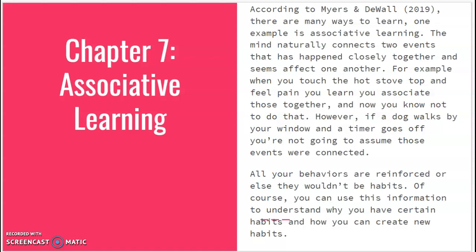Of course, this doesn't apply for 2 random events happening at once, like a dog walking by your window and your alarm clock going off. You're not going to associate that well. This is cool for everyday life because you can learn why your behaviors are like that, and you can change them and put new ones in if you learn to associate stuff with different things. Like right after lunch, you're going to go for a run. You can learn to associate that and that.